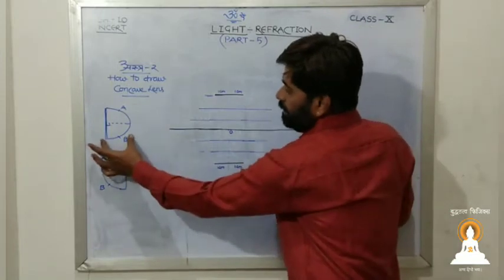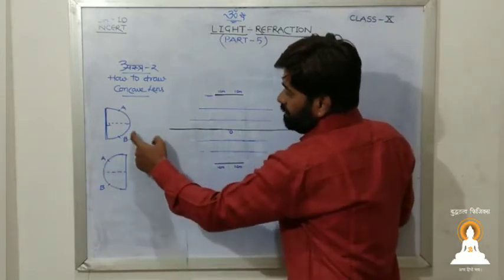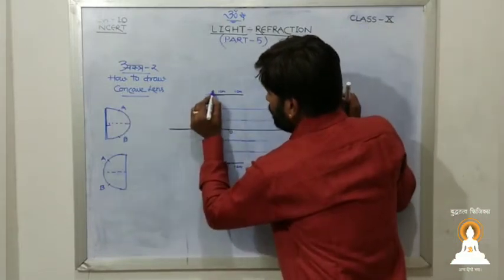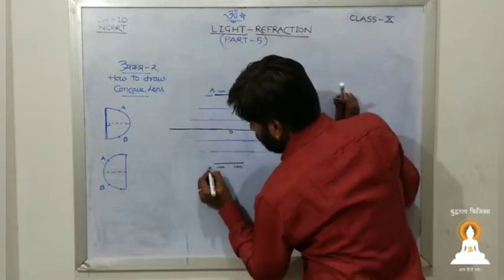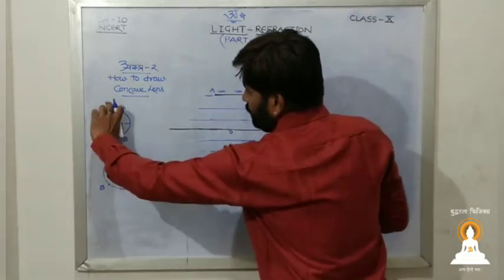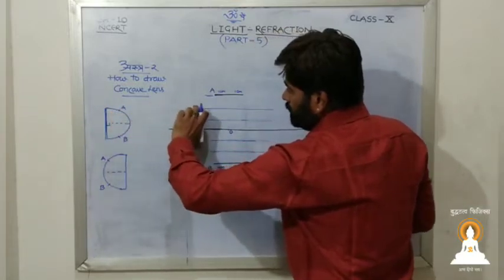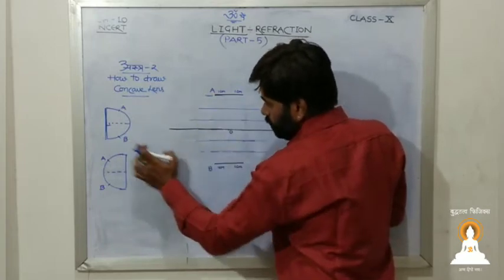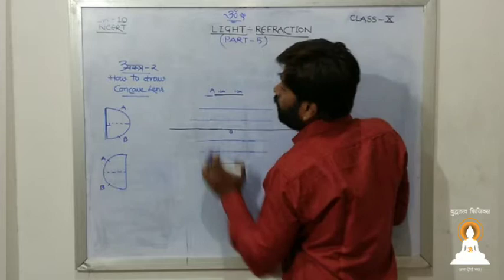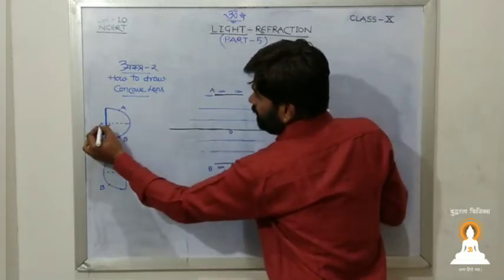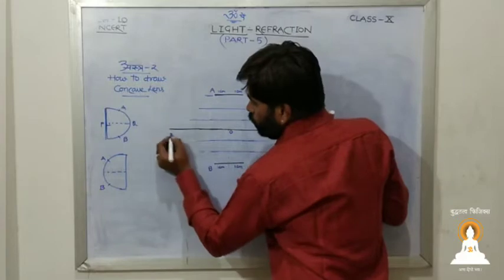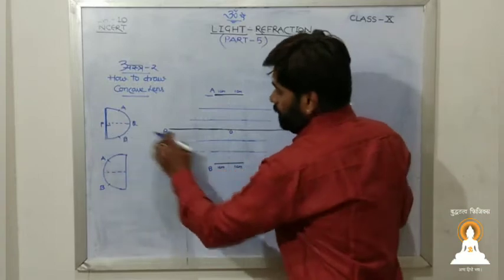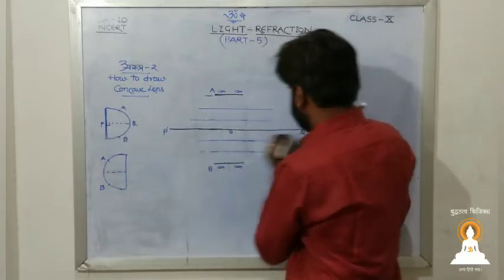Now take this D in such a manner. Take this point A and this point B. Take the D close to this until this A coincides with this A and this B coincides with this B. When you do this, you will see that this PQ will coincide over this P dash and Q dash, on the same line.